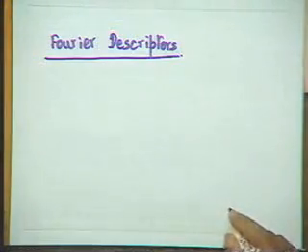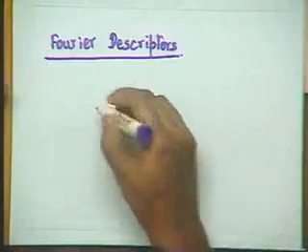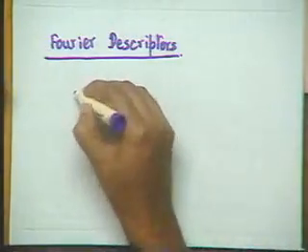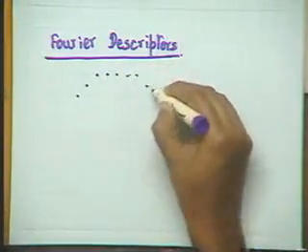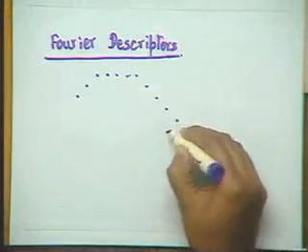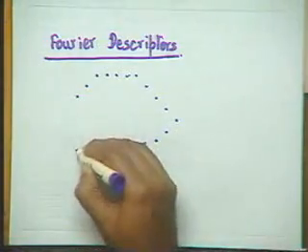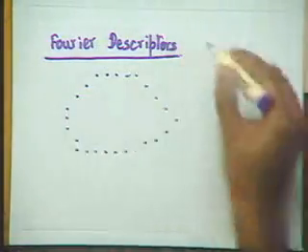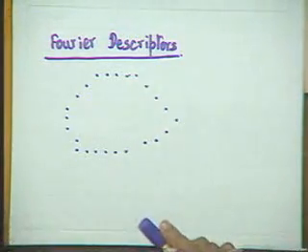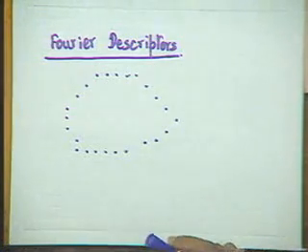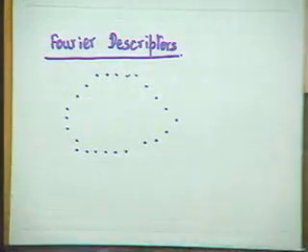In Fourier descriptor, what we do is we consider a digital boundary. Consider an endpoint digital boundary. Supposing we have a digital boundary consisting of n number of pixels like this. All right. And we can consider these endpoints. I mean, all these endpoints are going to have an x coordinate and a y coordinate. So all these endpoints